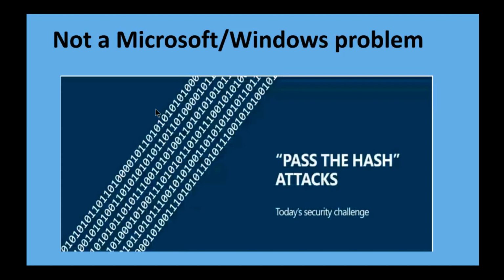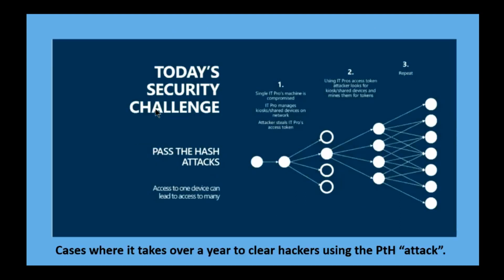If you're not familiar with an attack, this is not a Microsoft problem. This is an industry problem. And this is called a pass the hash or a PTH attack. What a PTH is, somebody is able to figure out somebody's credentials, move laterally, and then get elevated privileges. So if we take a look here, you get an attacker that comes in, goes after all these different machines,